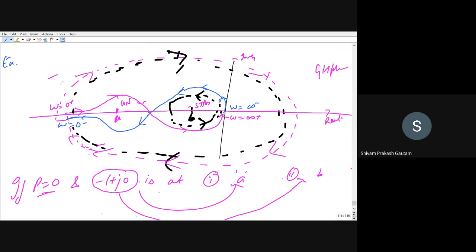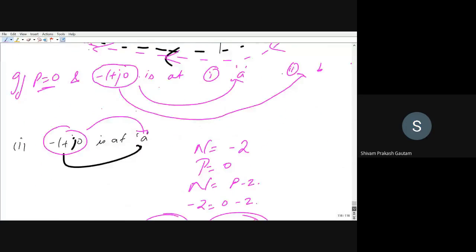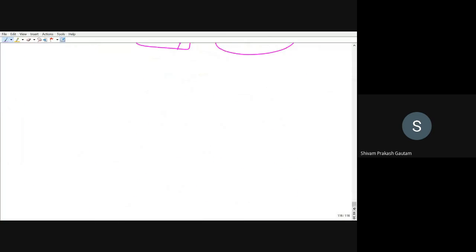Have you understood this point? Yes, sir. Okay. So P will be given always, right? Sorry? The value of P will always be given, right? No, P is what? P is equal to the number of open loop poles in the right hand side. Suppose our open loop transfer function is like this, S plus 1. In this case, how many poles do you see on the right hand side? This is our open loop transfer function. So P will be equal to how much? 2, sir.